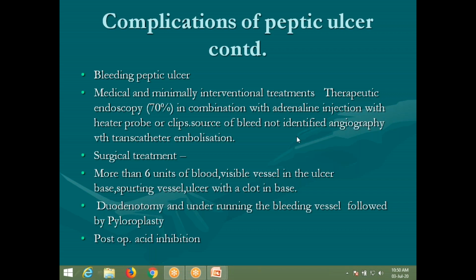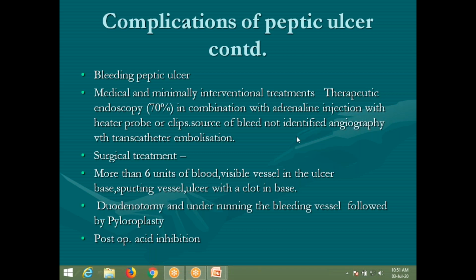So the duodenum is a fixed part, right? So you have to mobilize the duodenum before performing a duodenotomy. Okay, so after mobilization, you will open up the duodenum, or the pylorus and the duodenum, and identify the bleeding part. You will control it, or bring hemostasis with the help of direct pressure, or by taking an underrunning suture around the vessel.